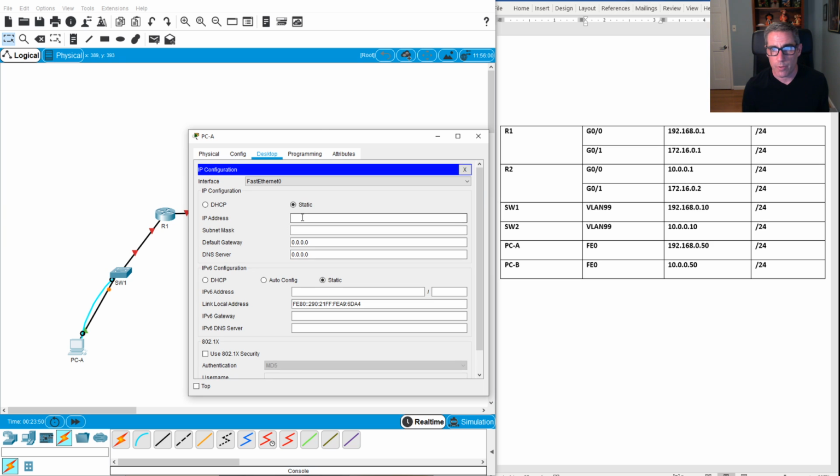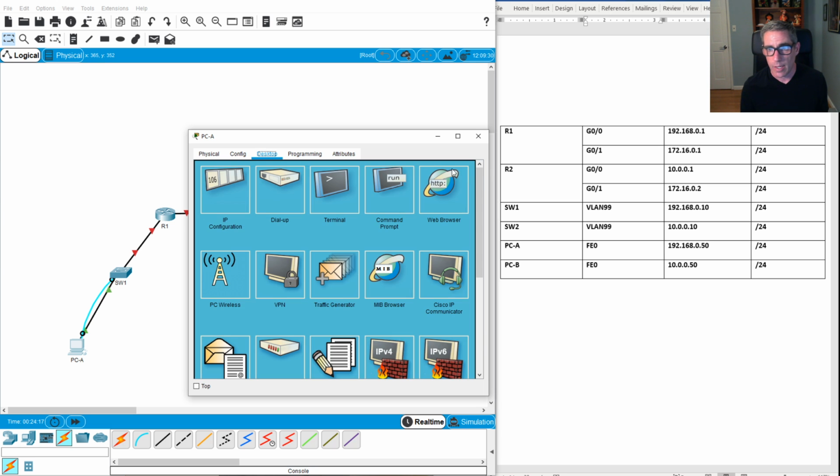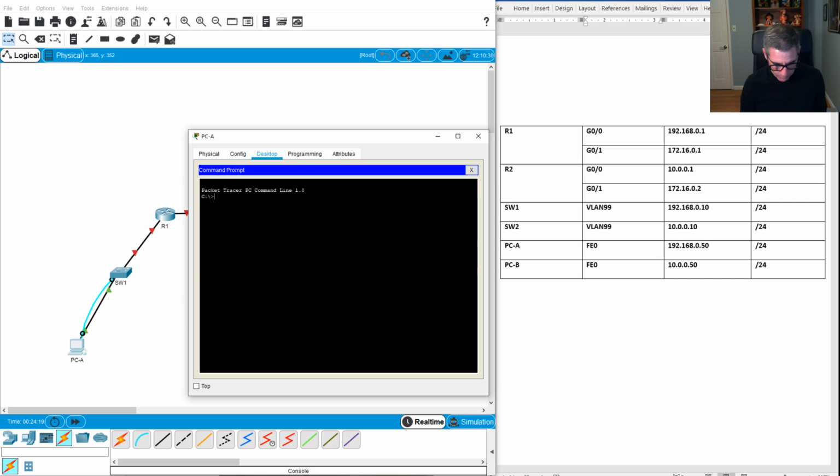So if I go to IP configuration 192.168, this is 0, and we have it set at the .50. And it is a /24. And while I'm here, I will also set the default gateway. And that default gateway is, again, this interface right here on router 1. So I have IP information. If I go to my command prompt, I should be able to ping my switch. If I did everything properly,